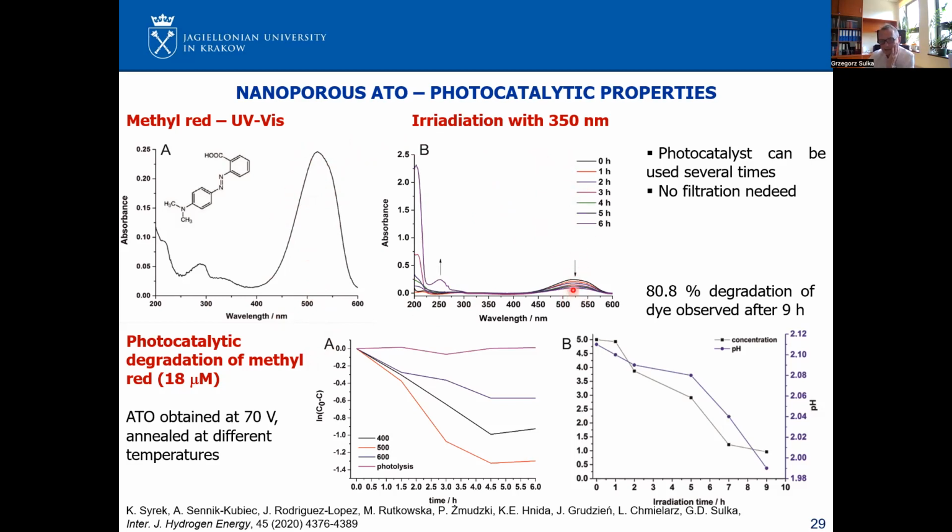After 6 hours of irradiation, after 9 hours of irradiation, we observed more than 80% degradation of the dye. The kinetics of degradation is first order, as is typical, and the benefit of using such a catalyst is that it can be used several times without a complicated procedure of regeneration